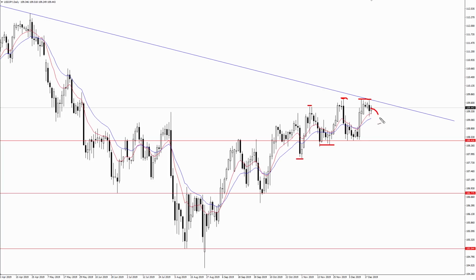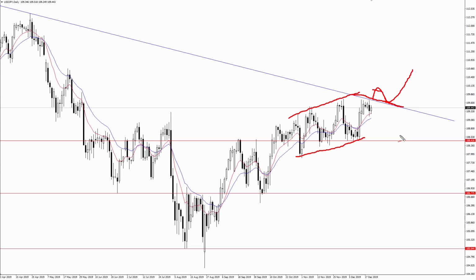So if we see the dollar yen start to rotate lower, retest that 108.40 level and start to close below it and carve lower lows and lower highs, that would be an indication of a rotation lower off of this trendline resistance. Alternatively, if we see the dollar yen close the day above this resistance level and then retest it as support, that could be an indication of the next leg higher. But I do think based on this movement right here, we could see a rotation lower from the dollar yen. All in all, it's going to depend on what happens up here at this resistance area.